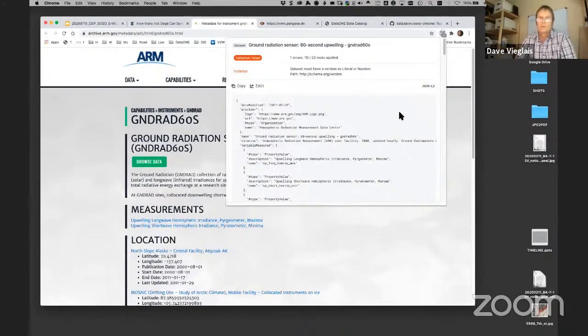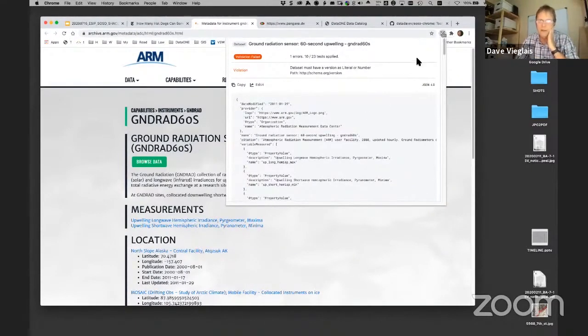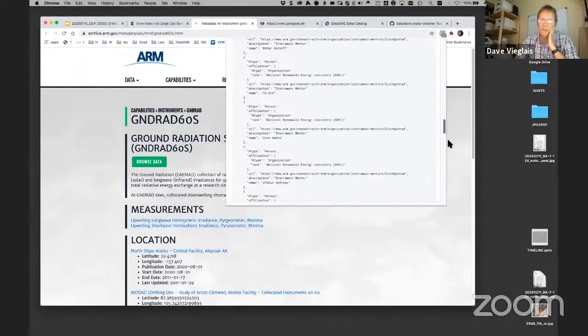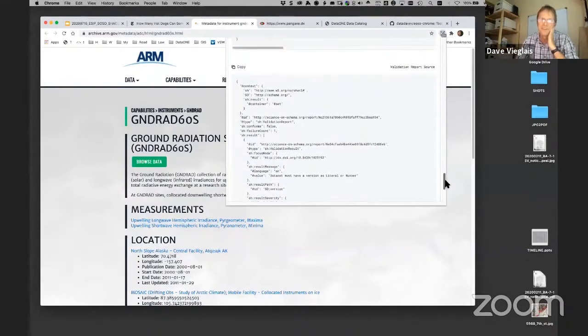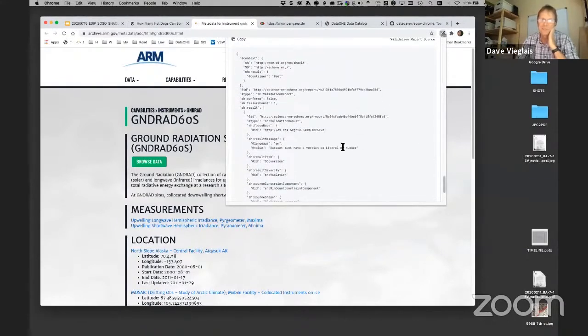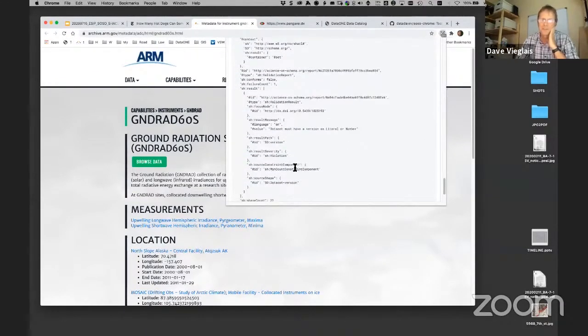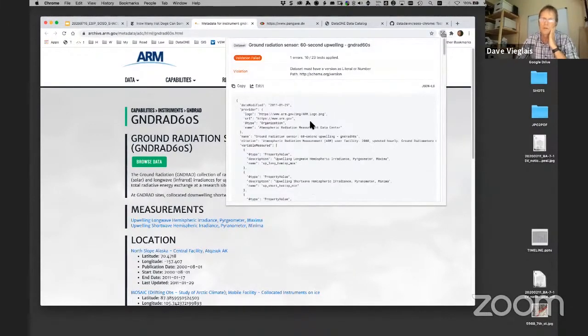Now, if we look at it in a bit more detail, the UI is pretty bad on this, but basically down the bottom of the page in the least expected location is the validation report. And we can see here that the minimum constraint is violated. In this case, the path says that it's the version property that's missing. Okay, so we can go back up.